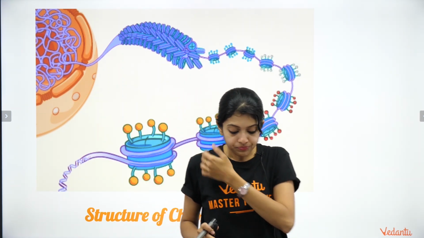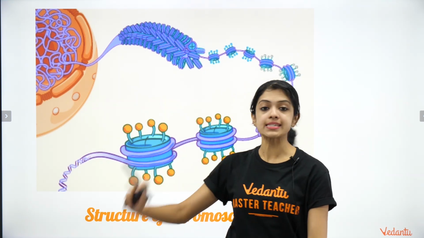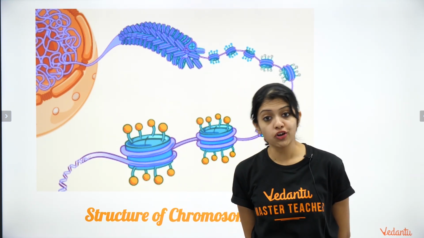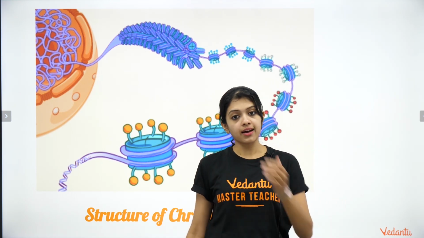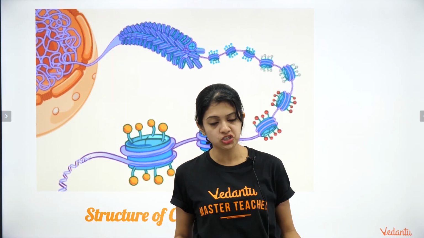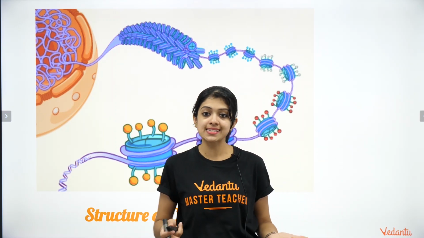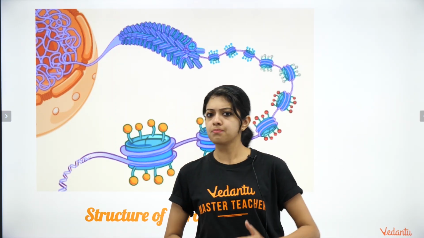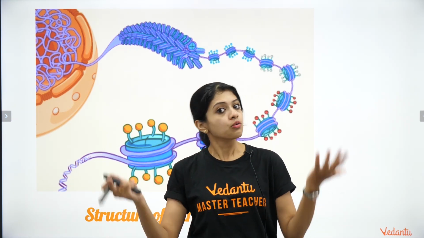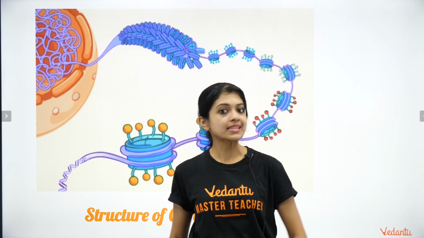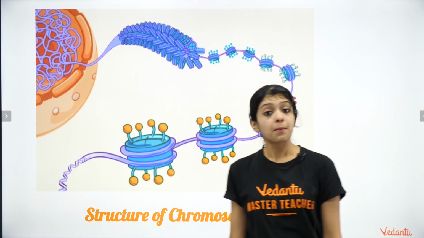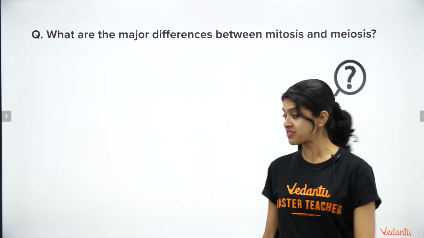Okay, so today, as you can see, the topic that we will be discussing is structure of chromosomes. In some of your textbooks, it is part of the same chapter, cell cycle and cell division. In some textbooks, it's discussed as a separate chapter, but doesn't matter as long as this topic is part of the syllabus. We need to understand all that is in it, and that's all that matters, right? So let's get started. But before that, we have a task, right?